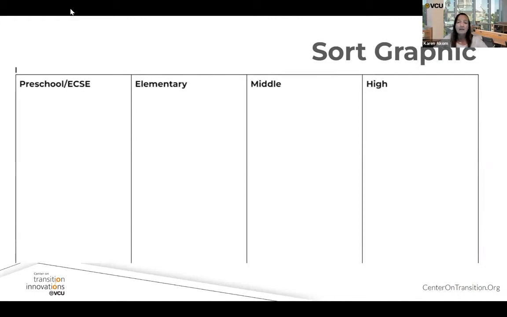To begin this activity, divide the larger group into small groups or pairs and provide each with a copy of the sort sheet. As you can see, the sort sheet has 4 columns: preschool and early childhood, elementary, middle, and high. Each group should also be given all of the predictors cut individually. Give each group about 7 to 10 minutes to place each predictor in the column that represents where they think